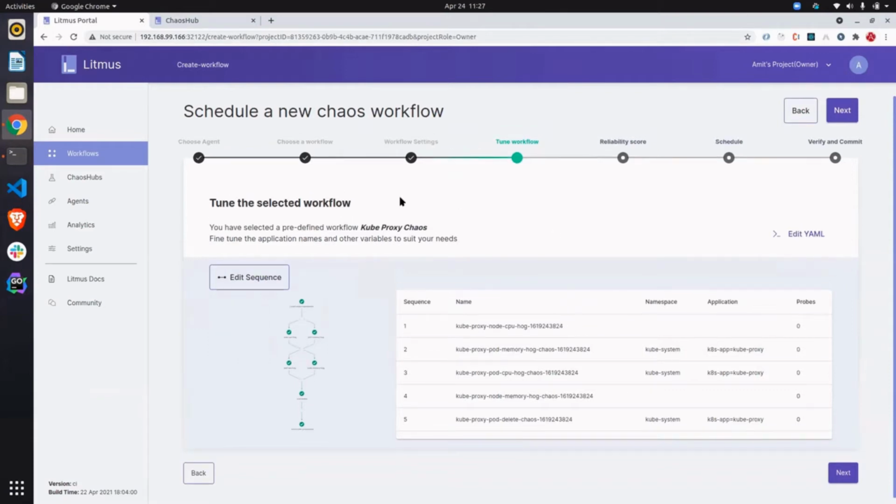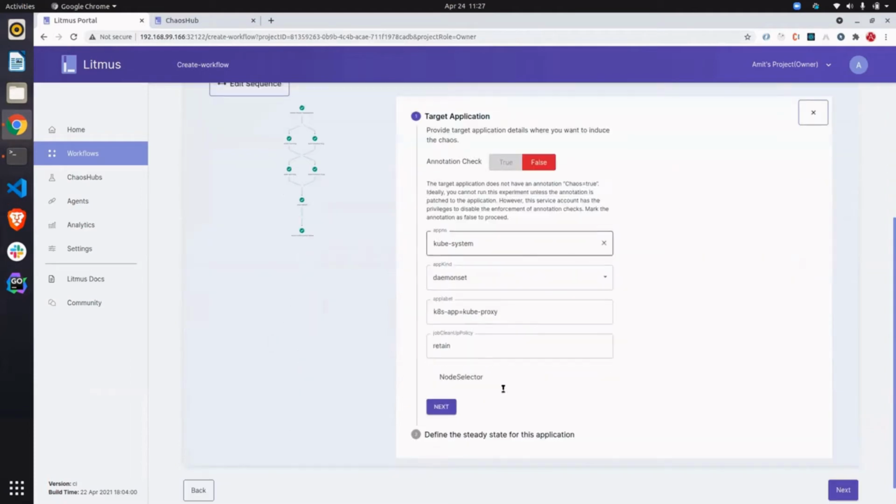So with this new functionality, I can click on the experiment name, and I'll be able to select the target application where I want to inject the chaos. We have also added the Kubernetes object functionality where, when you want to select the app namespace, you can also view all the namespaces which are available to perform the operation. I can see I have the default, the kube node lease, the kube public, kube system, and Litmus namespace available in my cluster. So let me select the Litmus.